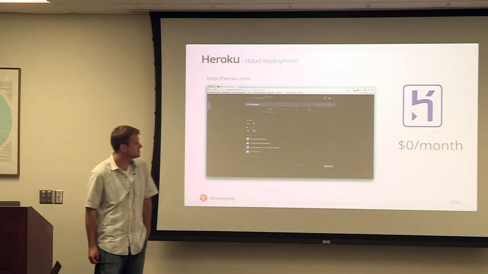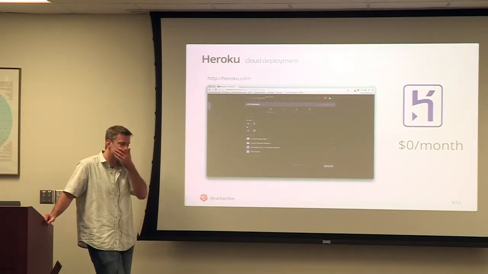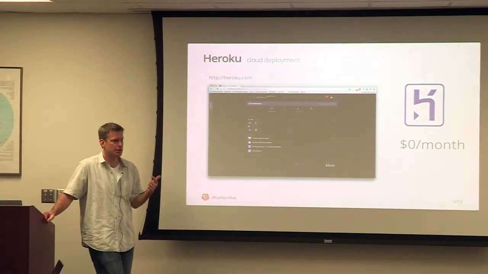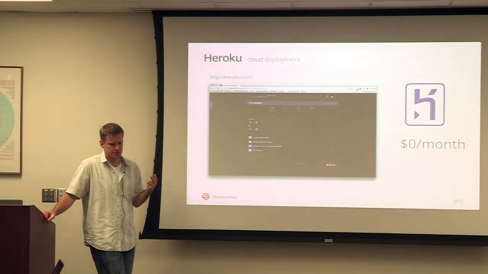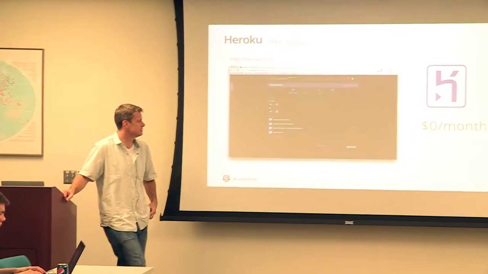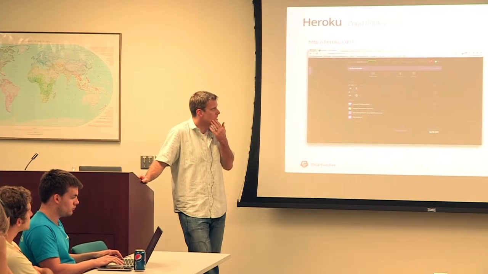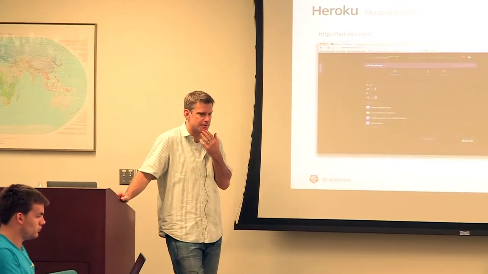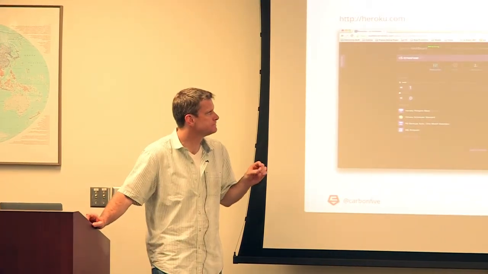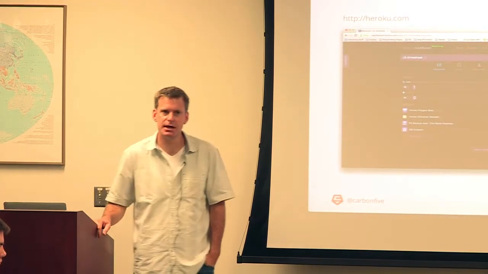So Heroku is a tool that sits on top of AWS. Like a lot of these cloud deployments, behind the scenes, there's really only a few. There's AWS, there's Google, there's Rackspace. There's a few others like Linode, which are slightly different services. They're a little bit less cloudy and more like you get a machine of your own. But Heroku is a deployment platform. They call it platform as a service, but it just winds up deploying to AWS. But it gives you a lot of bells and whistles and